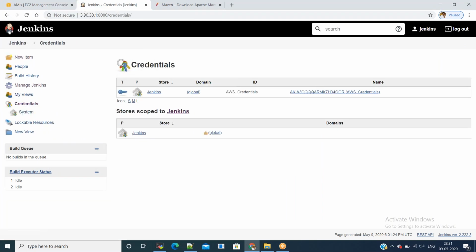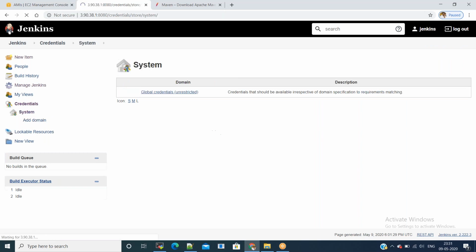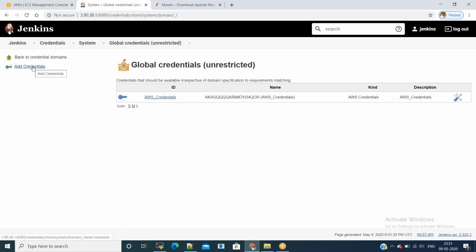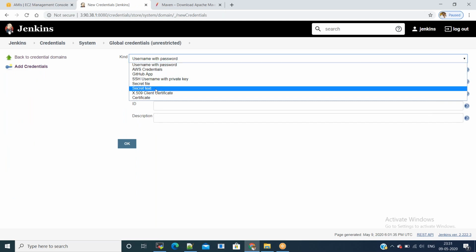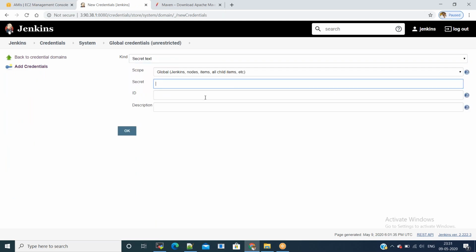But before that, you need to add Docker Hub credentials as well. Go to credentials, click on add credentials and select username with password or secret text. Secret text, here you mention Docker Hub password.